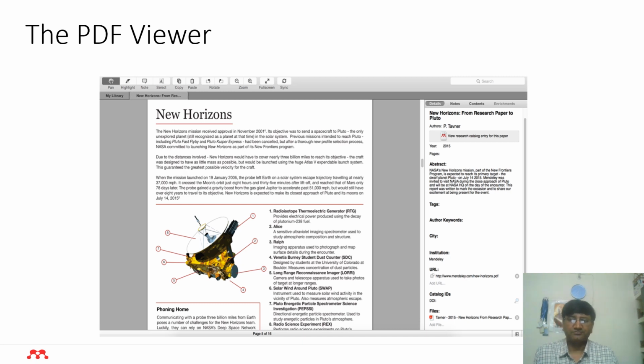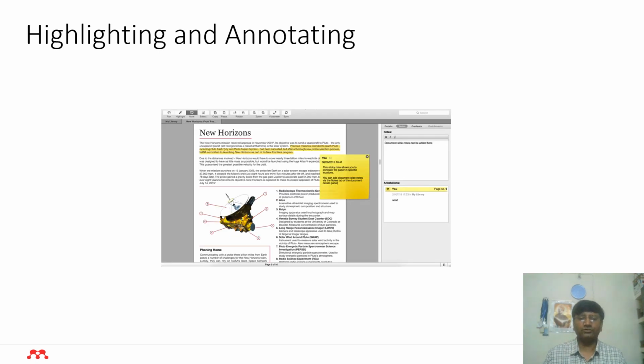But it is not available in your reference manager. If you are using Mendeley, my suggestion is you read your PDF files in Mendeley only. So when you put your notes here, these are available not only on this computer, but on all of your devices, on your mobile and on your tab and online also. If you have reinstalled your Windows or your operating system, then once again you install Mendeley and log in to your account, all these things will download from the server and be available again.